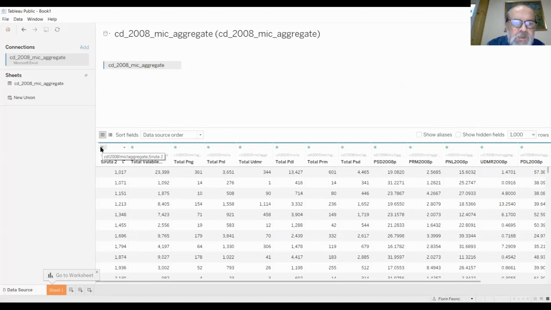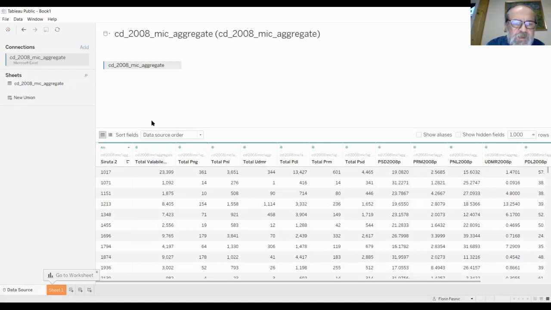Here, one thing we want to take care of is to define this variable Siruta, as Siruta is a kind of, not sure, sort of an area code, but not really. Each one of these numbers corresponds to either a city, a town, or a commune. Siruta numbers correspond to administrative units in Romania.